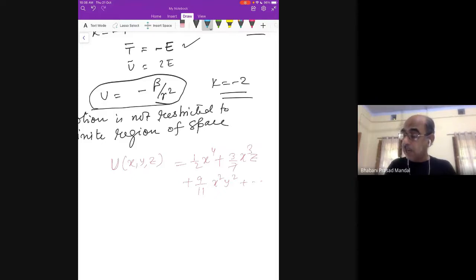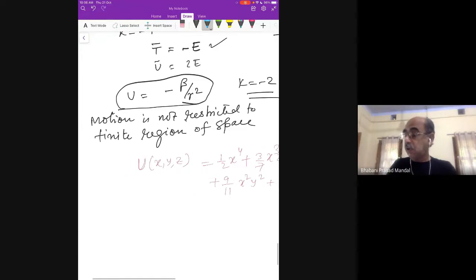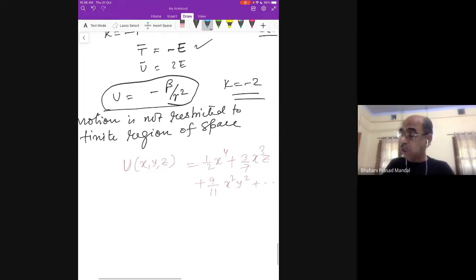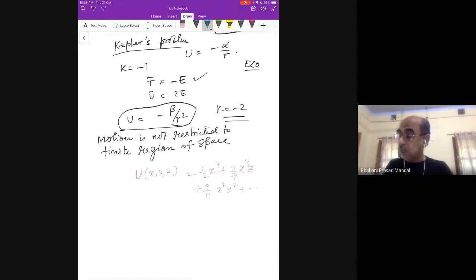Then if we ask what will be the average potential energy and kinetic energy under the virial theorem, you can immediately know this unknown system, if I tell you that the motion is within a finite region of space. Then you can immediately think that this system will be described by k equal to 4, because this is power 4,